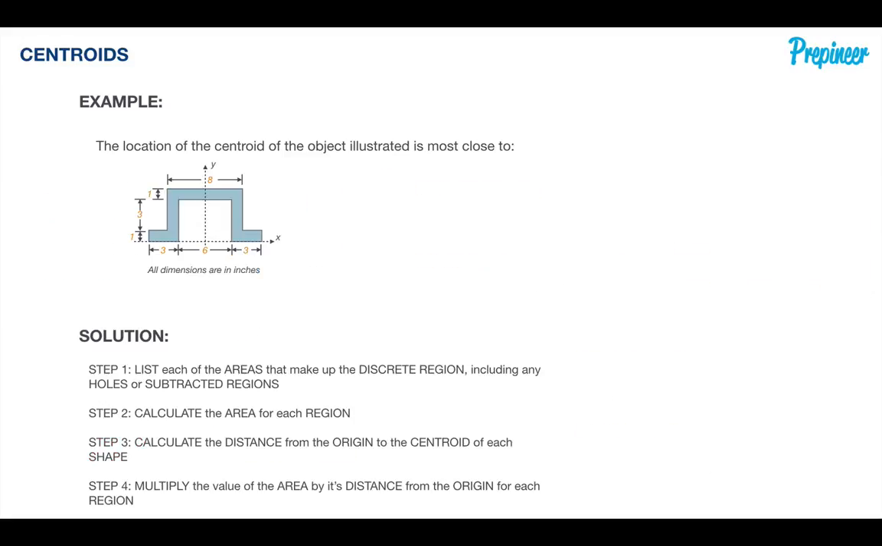All right, so let's hop into another practice problem. Now, the location of the centroid of the object illustrated below is most close to what? Now, the first step in working centroid problems is, again, to classify whether the object or region we are working